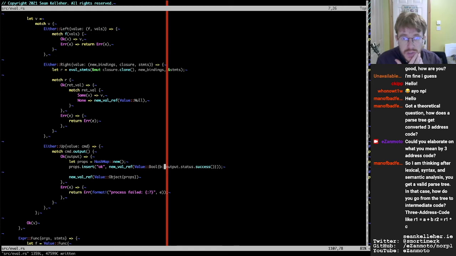So, man of bad fields. I'm thinking after lexical, syntax and semantic analysis, you get a valid parse tree. Yeah, in that case, how do you go from the tree to intermediate code? So three-address code like R1 is equal to A plus B, R2 is equal to R1 multiplied by C. Yeah, so that would be kind of similar to, I suppose I haven't done so much with intermediate code